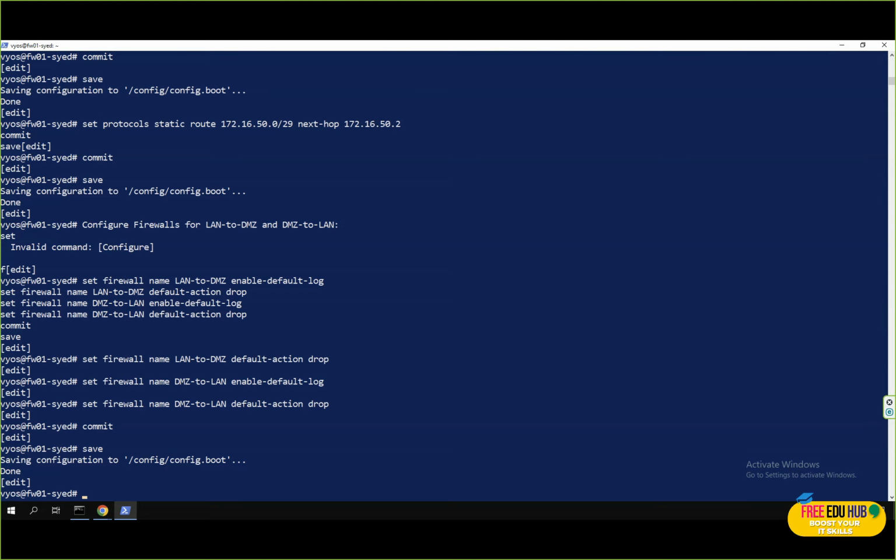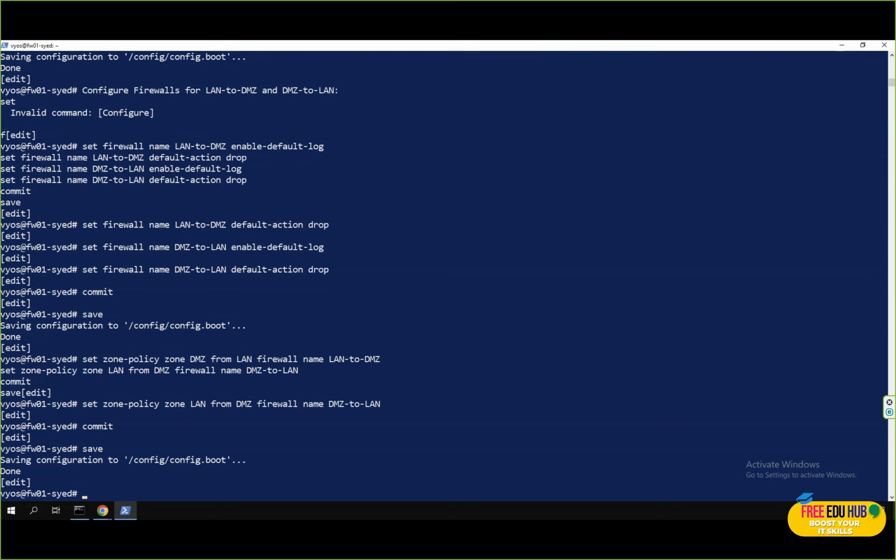Next, we'll be linking the firewall zones and policies. Once we have our firewall rules in place, we'll need to link them to the appropriate network zones. This will ensure the traffic flowing from LAN to DMZ is controlled by the LAN to DMZ firewall, and the traffic flowing from DMZ to LAN is governed by the DMZ to LAN firewall. Now with this zone policy, our firewall is actively enforcing restrictions between these two zones. Any unauthorized attempt to access the DMZ from the LAN and vice versa will be blocked unless explicitly permitted in later